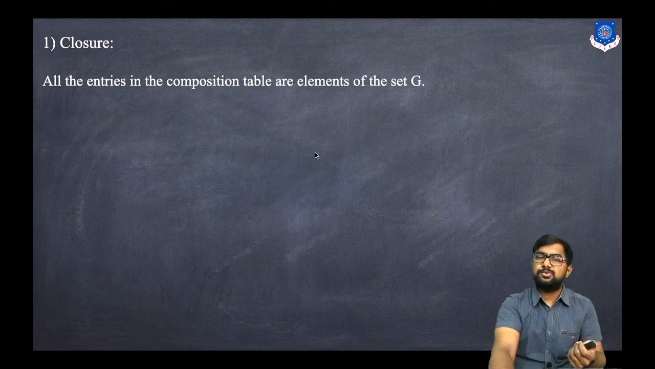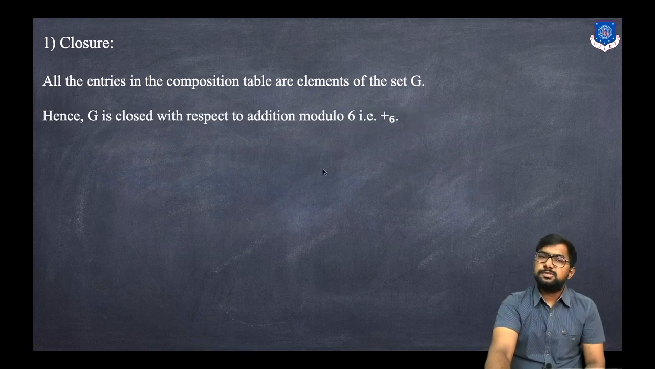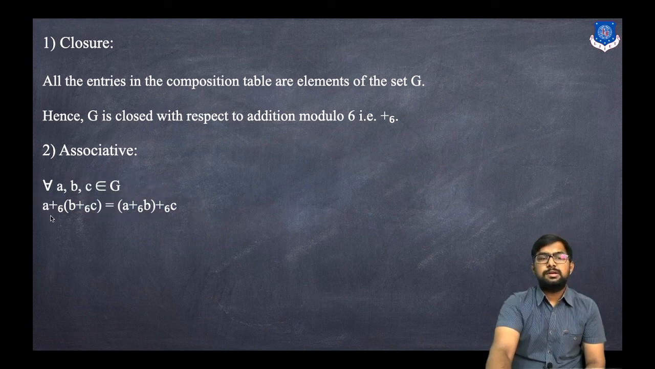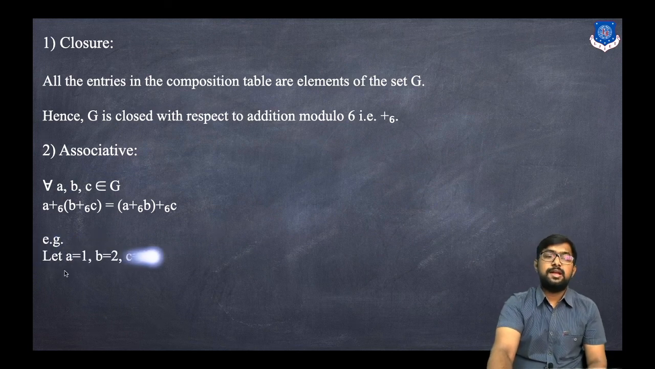So it is closed under what? The addition modulo 6. So it is closed with respect to addition modulo 6. Okay. Now associativity. For associativity, for every a, b, c belonging to G, (a +6 b) +6 c equals a +6 (b +6 c), if we change the brackets. So how to do that? It is true. For example, if we take a equals 1, b equals 2 and c equals 3,